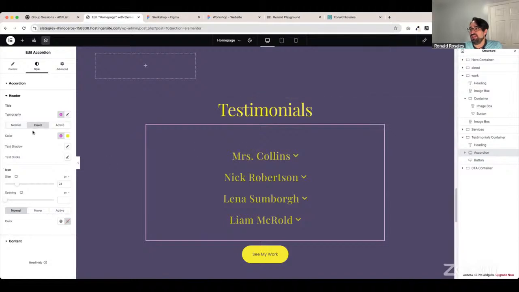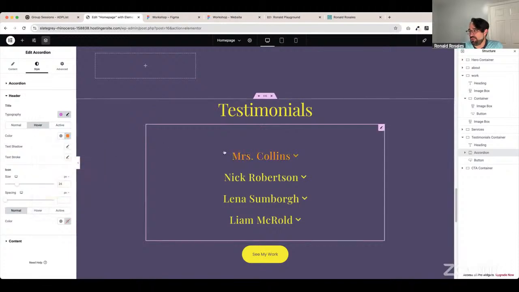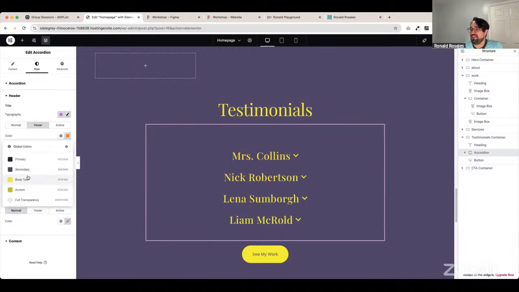You can also change the color on hover or on active. For example, the default, and then when it's active, you can set it to a slightly darker green. And if you want another color on hover, you can do so. Let's say on hover I want it to be, I don't know, let's say this color. You see, it changes on hover. I don't think this is an accessible color,